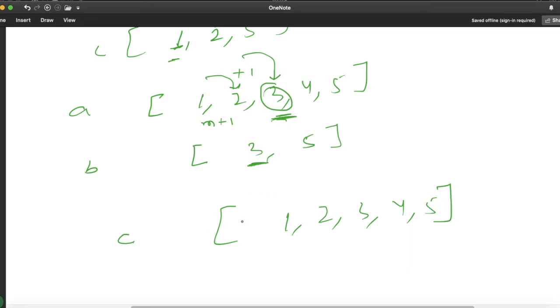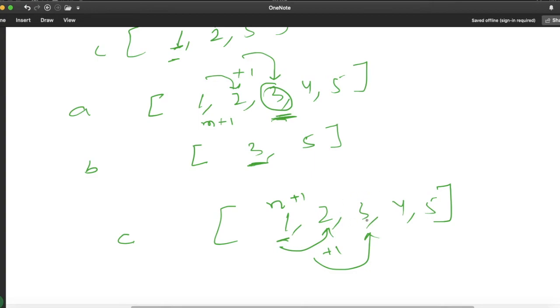Now let us move in C. You can see here for C I am using counter n. This element is satisfying that condition. Q is greater than or equal to this R. So we'll simply add 1 in our counter and move forward. Again this element is satisfying that condition. We'll simply add 1 in our counter and move forward.